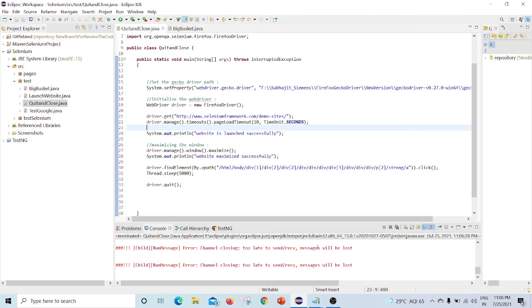Correct? If I use the quit method, Selenium WebDriver will close all the browser windows. But if we use the close method, Selenium WebDriver will close only the current browser window. That is why in this example we saw only the second tab closed, and the first tab stayed as it is with the close method. But whenever I use the quit method, it closes both the tabs. So this is the difference, and we have to tell this difference in front of the interviewer.